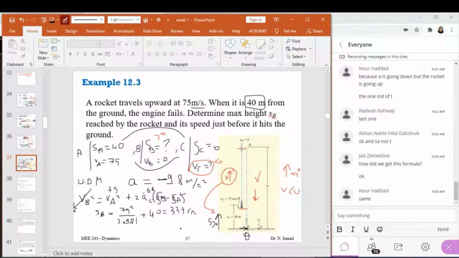If you are sure about SB, like my case here, this is in meters, of course, I can apply it between B and C because it's much easier. VB is equal to 0. So I'm gonna say that VC squared is equal to VB squared, which is 0, minus 2 times 9.81 times SC, which is also 0, so 0 minus SB. Now what is SB? SB is